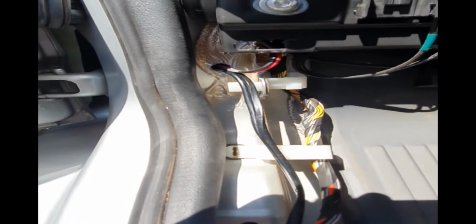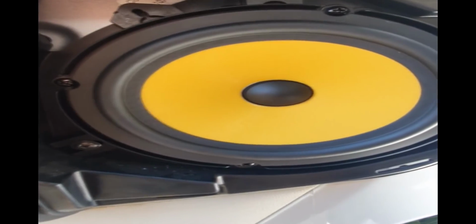Okay, so as on the driver's side, you need to make a very small hole just here, just below where the grommet line is, and inside there's a little hole that you've got to go up through. A bit fiddly, but you can get it. Then you pull the cable through, and as you can see, I've now already fitted the speaker. I've also got the crossovers coming back, which is this red and black cable here,